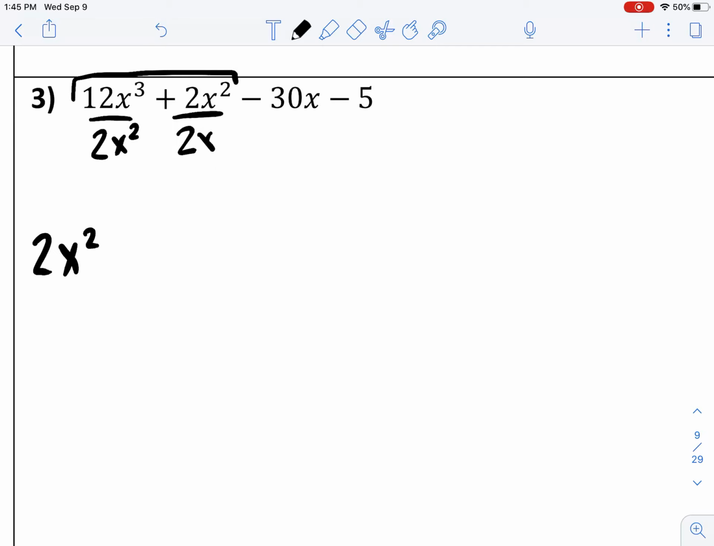So I can divide by 2x squared, and I'm left with 6x plus 1. It's a 1 because 2x squared divided by 2x squared, I'm doing the same thing. Something divided by itself is 1. Next, I'm bringing down the minus sign,